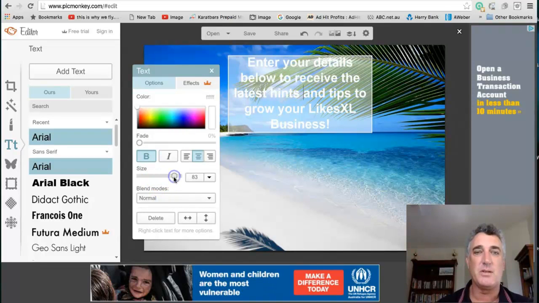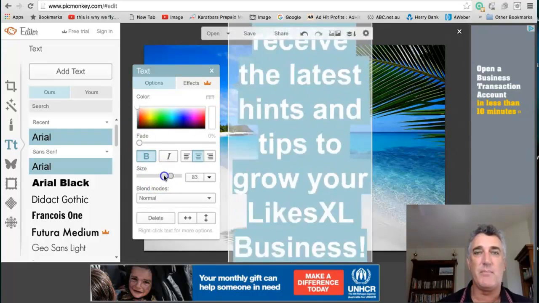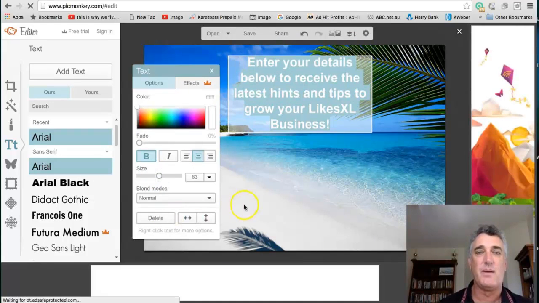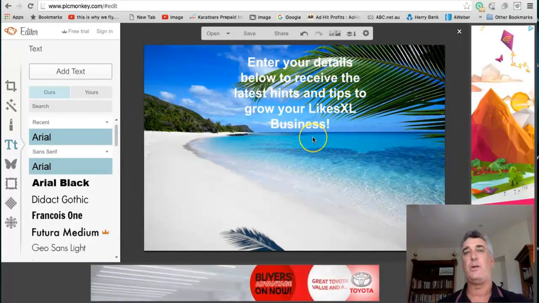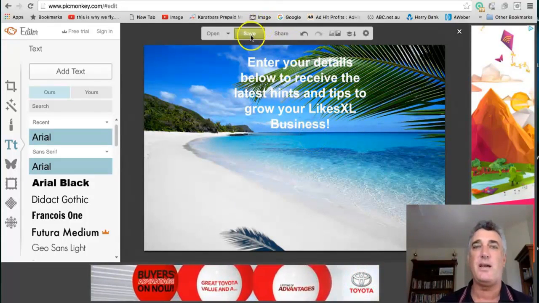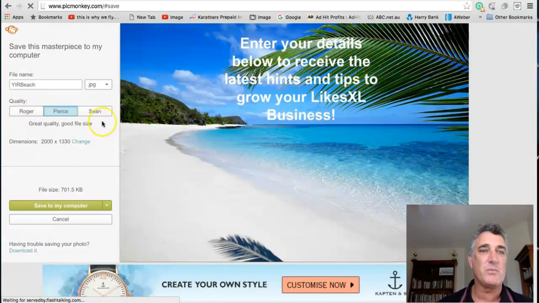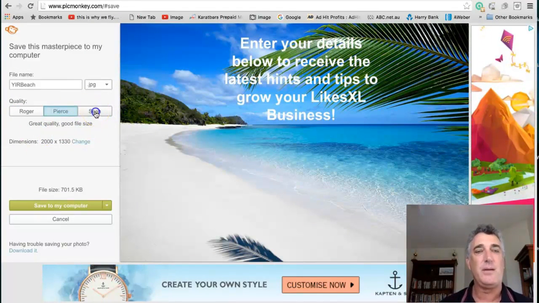You can go to this little thing here if you want to select all of the font there, and you can go bigger or smaller. So let's just go for something like that there, and just click there. So you can see there we've got the general information there, and all we need to do now is save that file. We want this one called Sean, S-E-A-N, because that's the highest quality picture. We're going to click save it as Sean, and we're going to save that to our computer,